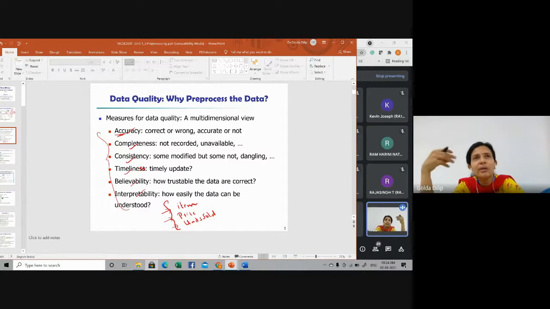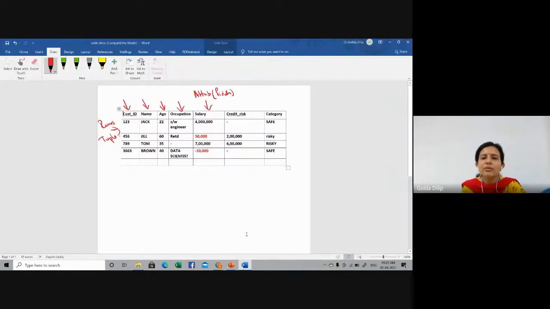So there are many unusual values, values which shouldn't be there, or there are some inconsistencies in the data for certain transactions, some erroneous transactions. Maybe the amount transacted could be minus 10,000. Minus 10,000 is something which cannot be transacted. So it is an erroneous transaction. They have reported many issues and queries. What I want to tell you is that the data you want to analyze using the various data mining techniques is in fact incomplete. Incomplete in the sense that certain attributes do not have any values, they have missing values. So some values are missing.